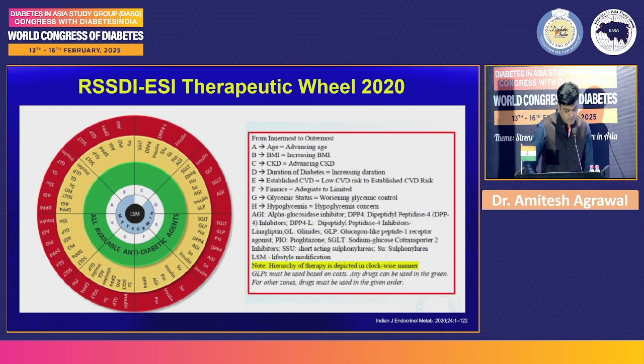And they have suggested that you identify 2 or 3 most important concerns out of this, which you feel as a physician are important to influence your choice of anti-diabetic drug, and then identify the best choices from the outer ring. Now you can see that they are not solely considering cardiovascular disease as the sole criterion. In fact, they are giving the physician the choice to pick and choose the factors which they feel are important for a patient personally. Now, having said so,